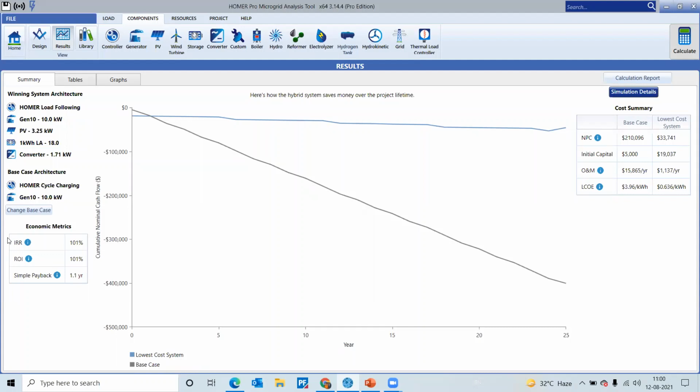In these results tables, you can see the base case and the lowest cost system and the cost summary of this base case and lowest cost system. Base case is indicated by black color and the lowest cost system is shown by blue color. The net present cost for this base case is $210,096, and the lowest cost system you will create is only